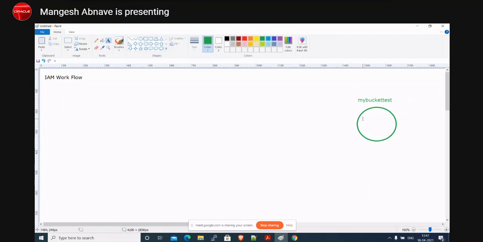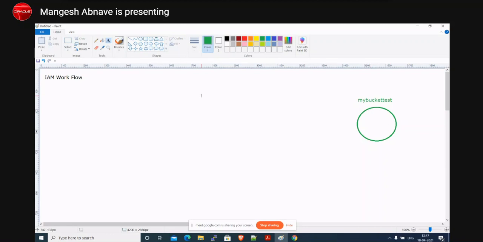Now inside this bucket I'm supposed to put objects, any object, because this is object-oriented storage. So I can put an Excel sheet, a picture, a movie, anything I want. Now what I need to do is provide the permission to access this object. This is one of the services which I'm going to create on top of Amazon, and through the Amazon Identity and Access Management service, I will provide the control on it.